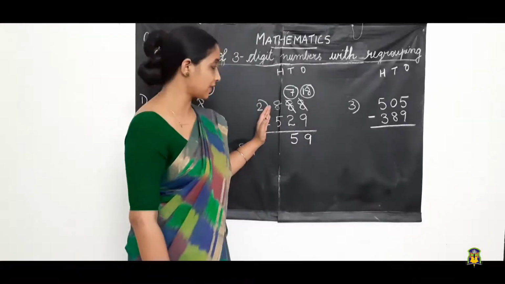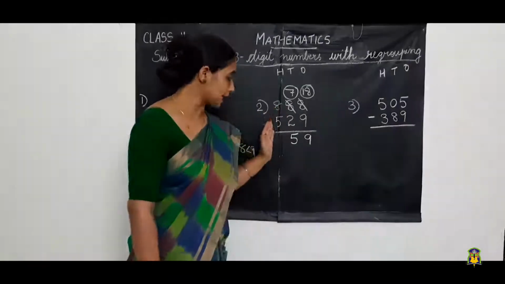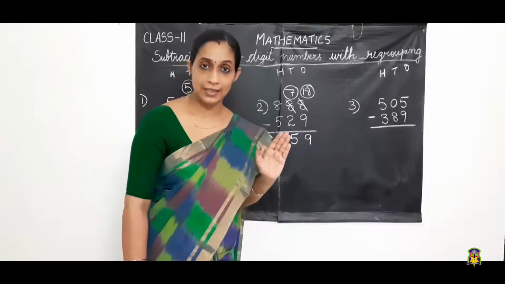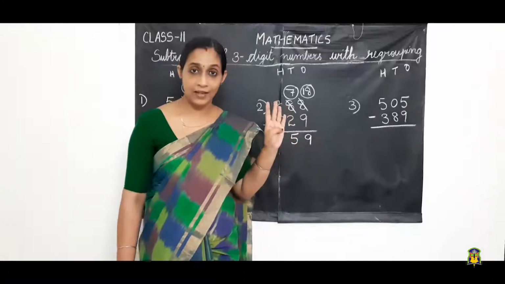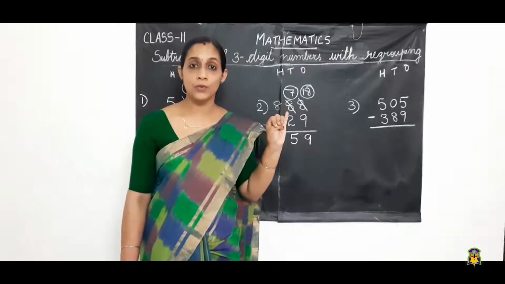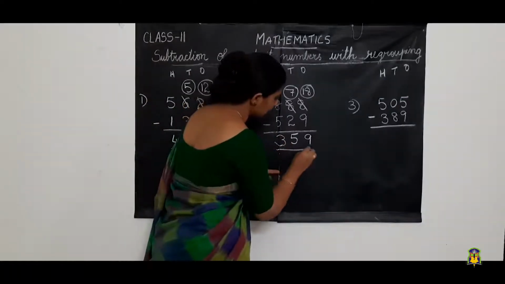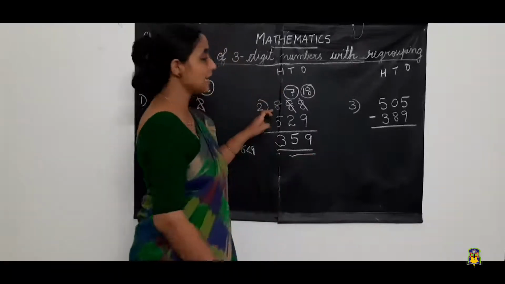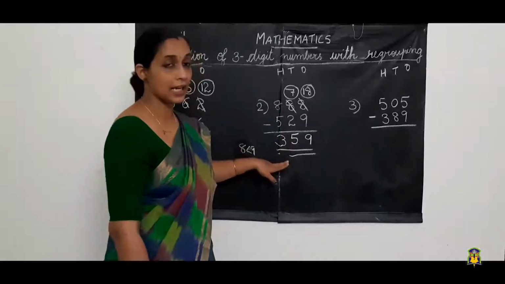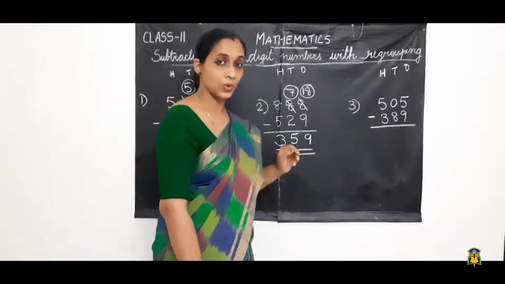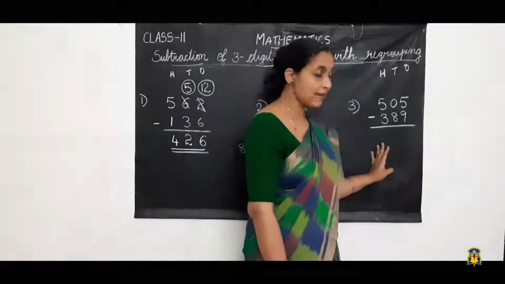In hundreds place we have the digit 8 and 5. Okay. 8 is greater than 5. Subtraction is possible. So 8 in mind, 5 in hand. Before 8, 7, 6, 5, 4, 3. 359. Okay. So the difference between 888 and 529 is 359. Okay children. So let's see one more problem, that is 505 minus